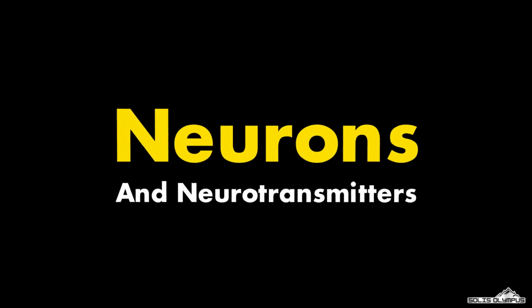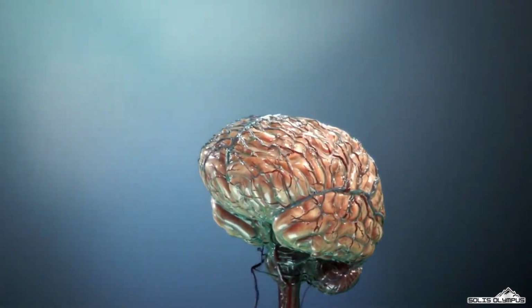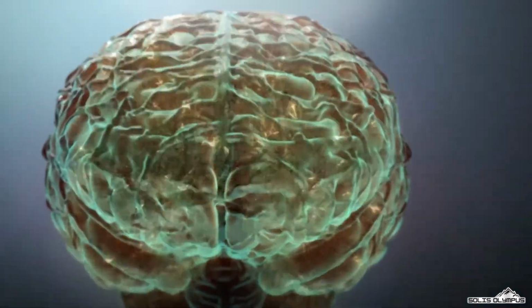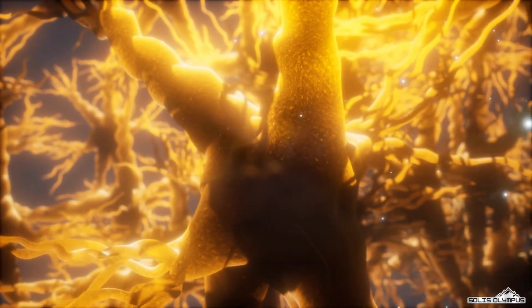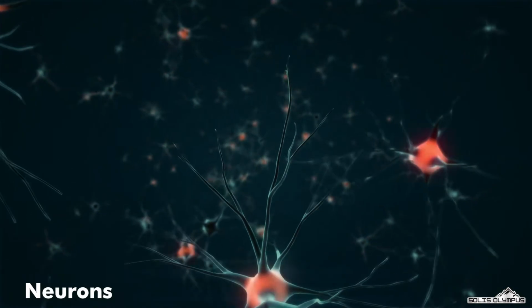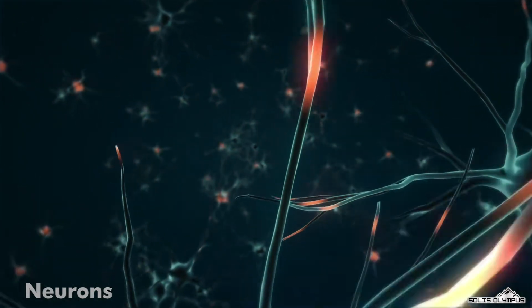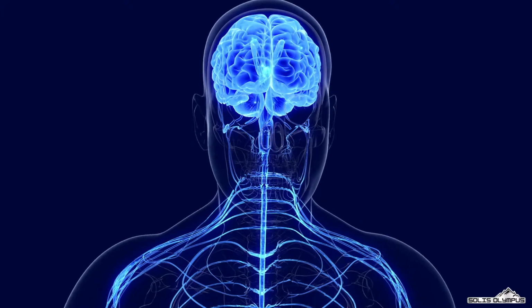Neurons and neurotransmitters. The human body contains many different kinds of cells, like liver cells, kidney cells, heart cells, nerve cells, and so on. The brain and nervous system are made up of two basic types of cells: nerve cells, called neurons, and glia. There are about 10 to 50 times more glia than nerve cells, but neurons are the key players in the brain. Neurons receive and transmit signals to different parts of the body and help our body to